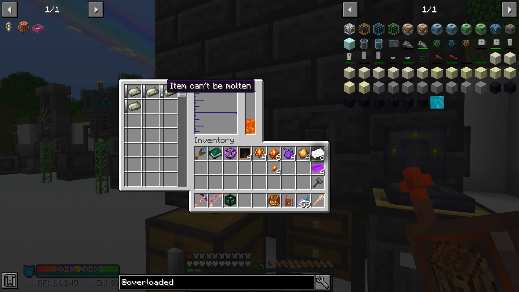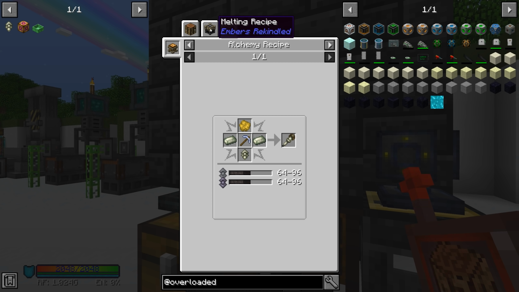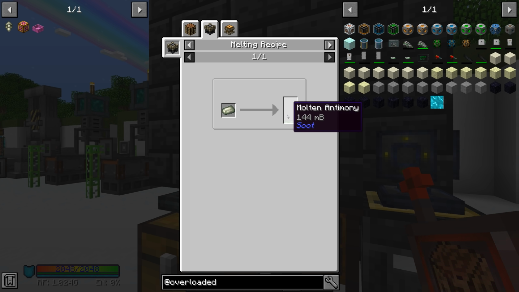However, it won't allow us to melt them. In fact, I went to see what the uses were on this, and the only way that we can melt that is through the melter and embers. Womp womp. Anyway,